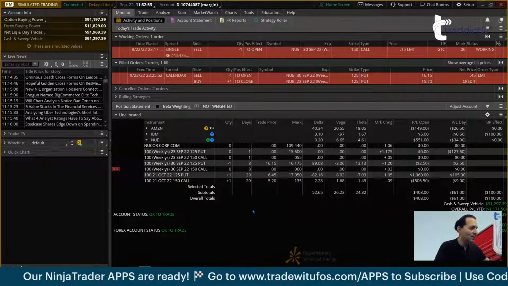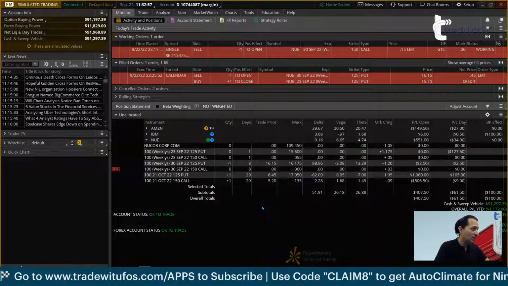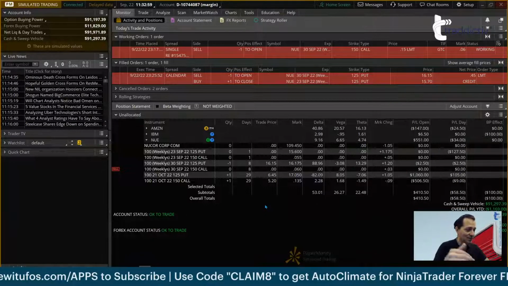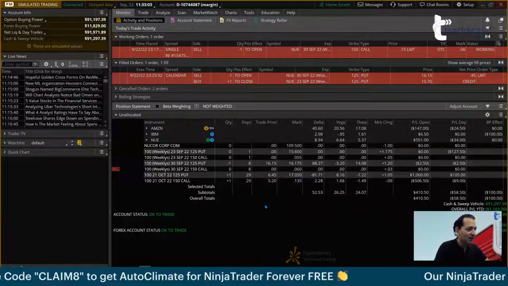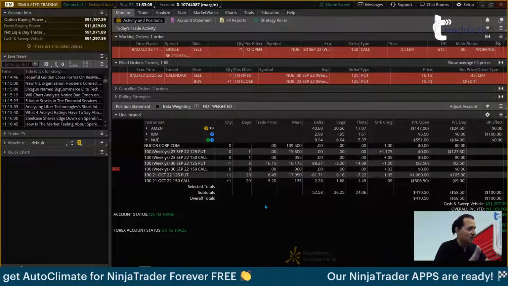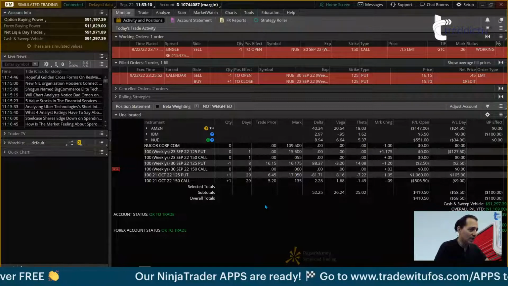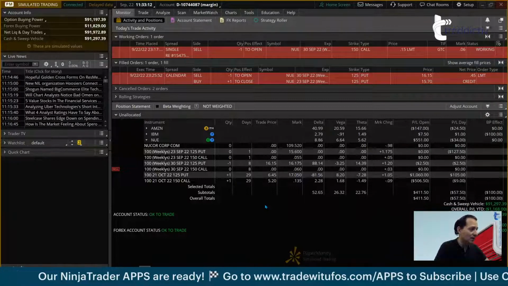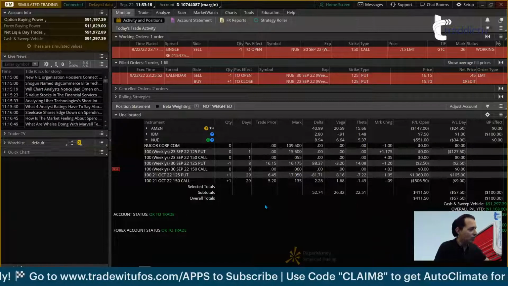But again, the sequence is important. Sell the put first, and then close the shares. For sure, make sure you close the shares. Don't get short on the puts and hold the shares, because then if you get assigned again, now you would own 200 shares of that stock, and you only have one put to protect yourself. So now you would have unlimited risk to the downside. Please do not do that, right? So the moment you get filled on the put, close the shares immediately.